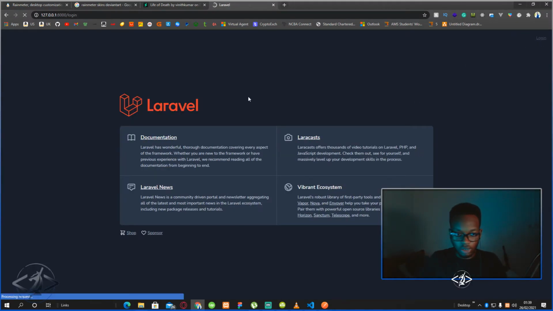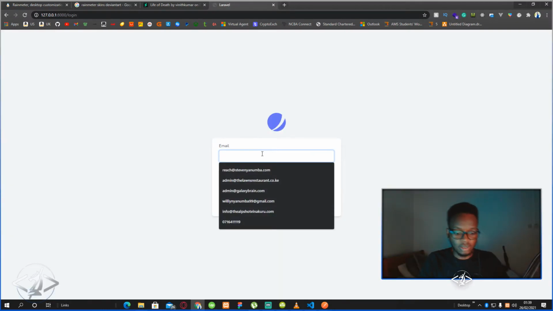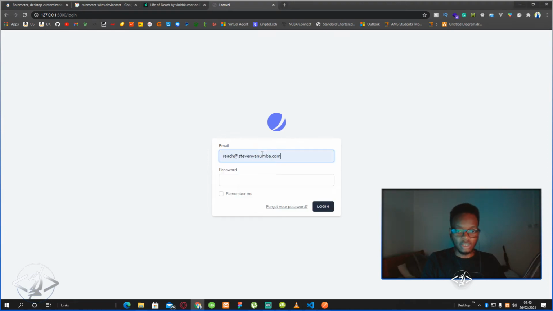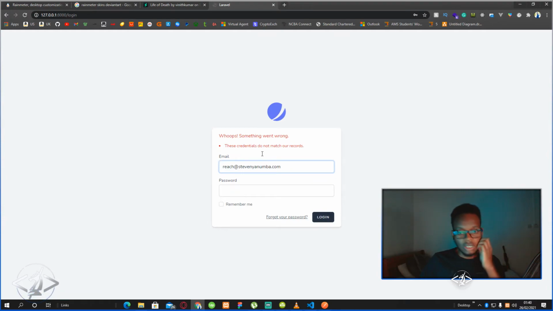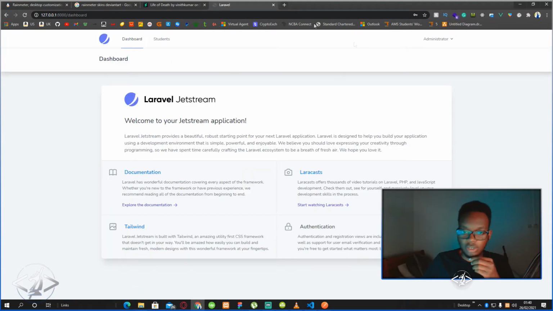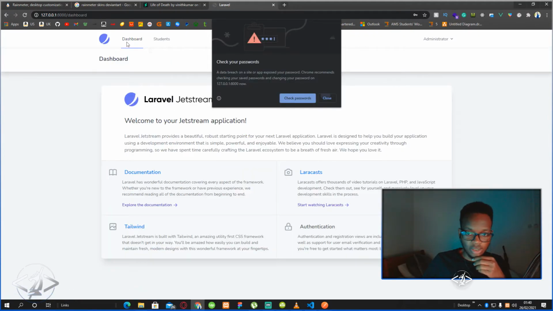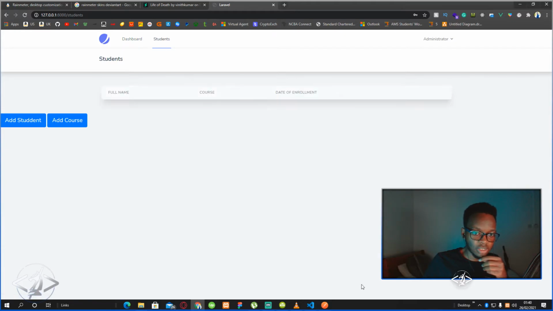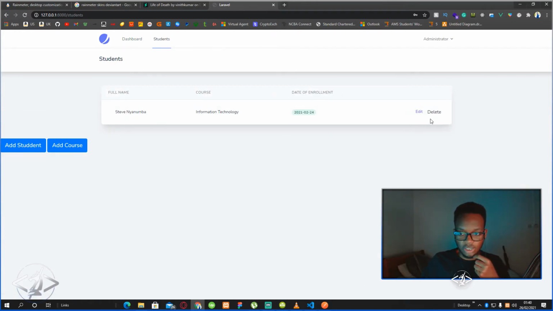We log in as the administrator and put in the password like so. We click on this page, go to the student section, and you can see immediately there's a student within here.